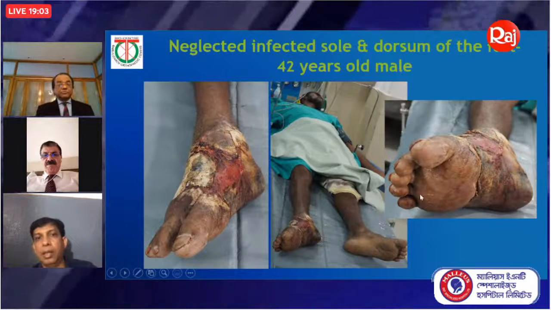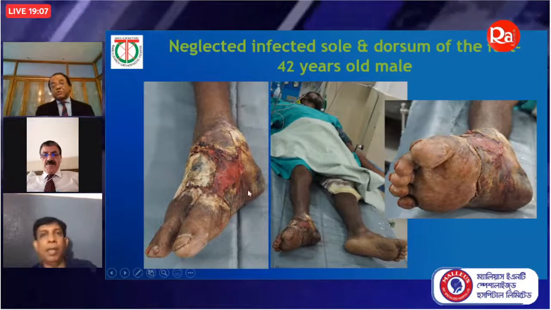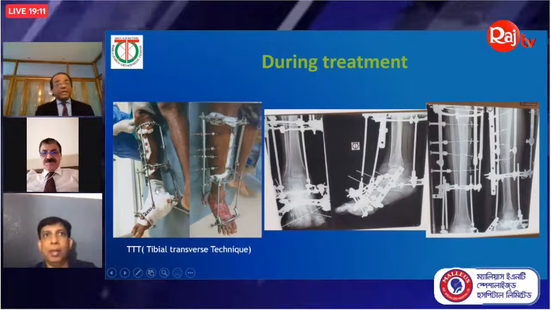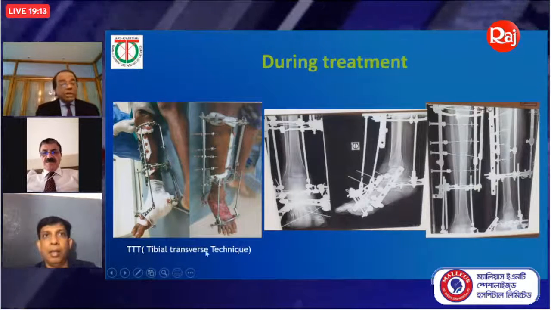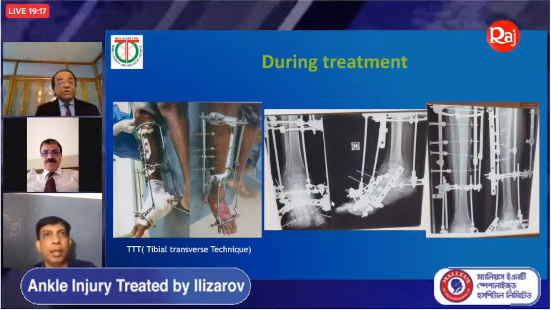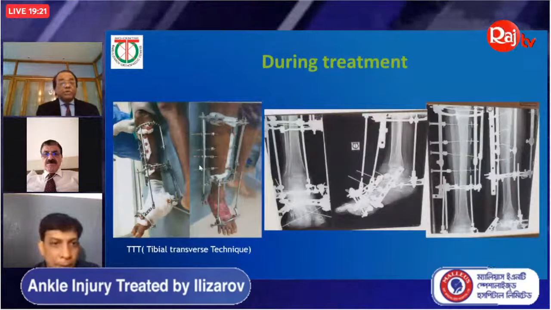These are also the challenging cases. Look at the sole of the foot, dorsal of the foot, and then what I have done, look, I have done the TTT, tibial transverse technique here to control the infection. When you do the TTT, these are the traction clips,